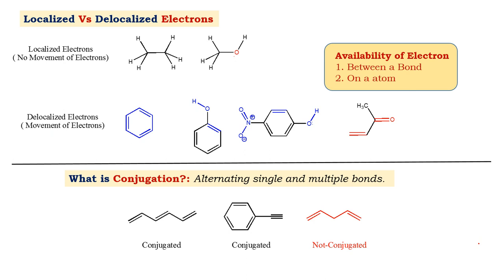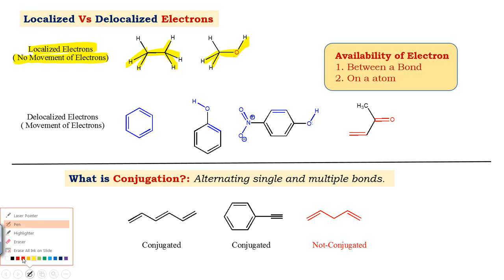The concept that we need to understand now is localized and delocalized electrons. Suppose we are considering the diversification in molecules. Let's say we have a set of molecules: this is an alkane, and the second example I have taken is an alcohol. So what is the meaning of localized electrons? Localized means, as mentioned, they show no movement at all. What is the meaning of this? In the case of alkane,